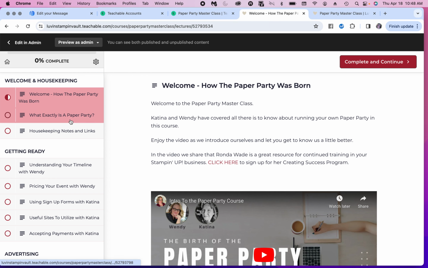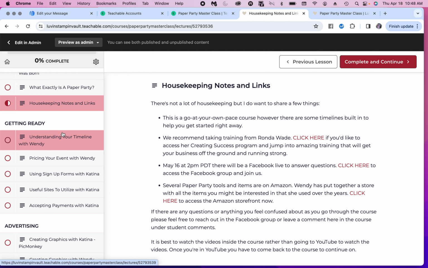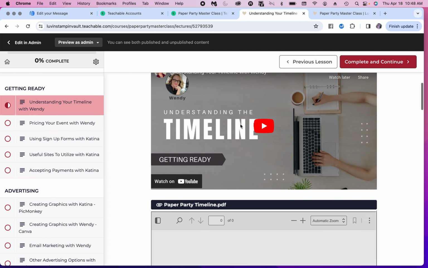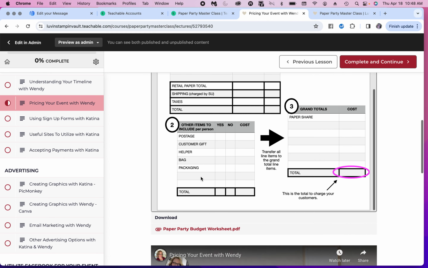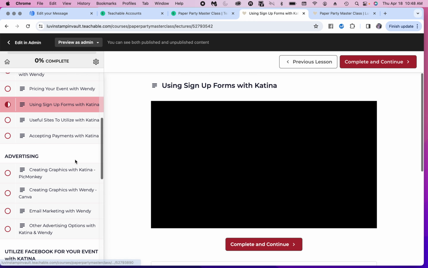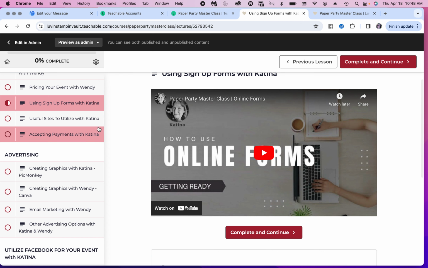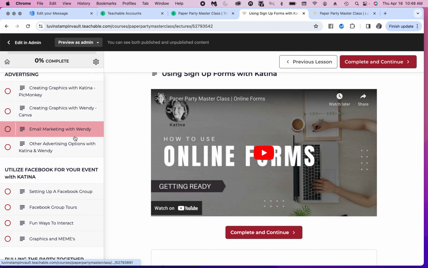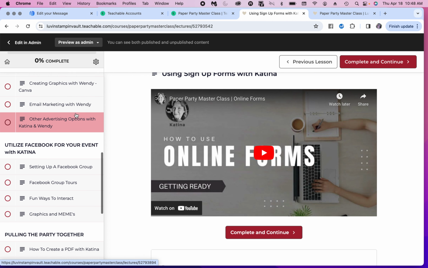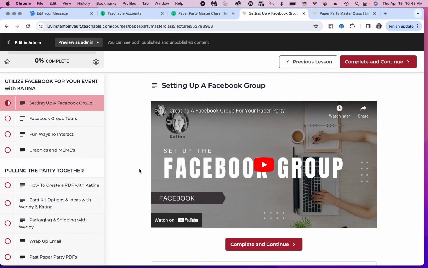A quick sneak peek into the paper party awesomeness that we have going on here. So we've got PDFs, we have videos, we have technical stuff to show you how to get things done, online forms, things like that, how to accept payments, graphics, how to make graphics, email marketing, really fun advertising ideas, setting up a Facebook group from